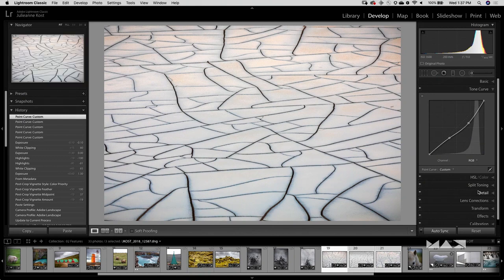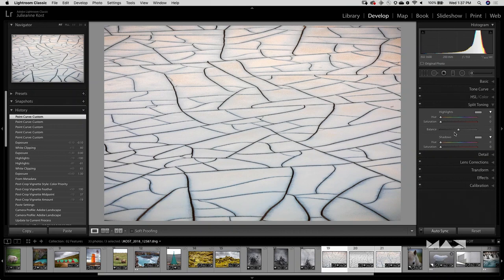We could do something a little bit more obvious. I could go into split toning. We could take it to grayscale, right, by tapping the V key like we did before, and then I could add in some sepia. So maybe, well, I don't know what hue we want. Maybe I'll option click and go to hue, and then just drag this. I'm holding down the option key so that I get a preview of the hue in 100%, and I'll go somewhere around maybe 40,